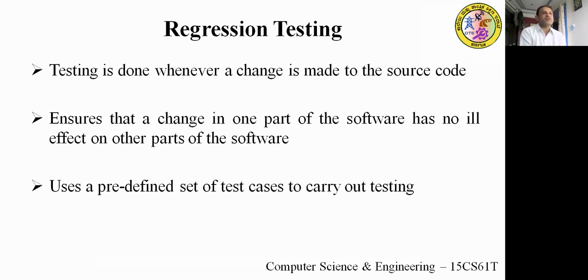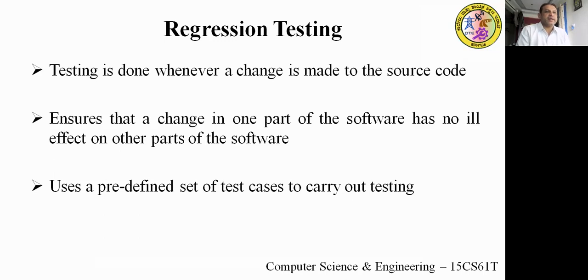So what is the purpose here? The tester has to check that if the developer has made any modification, it should not have an effect on any other part of the program. Sometimes when you make a modification, other code generates errors. You might have practiced in the lab that a program shows one error, and when you remove that error and make the correction, it shows 13 errors. One change has an impact on another part of the program. You would have seen this in your data structures program or ADA program: only one error is showing, you correct it, and it shows n number of errors.